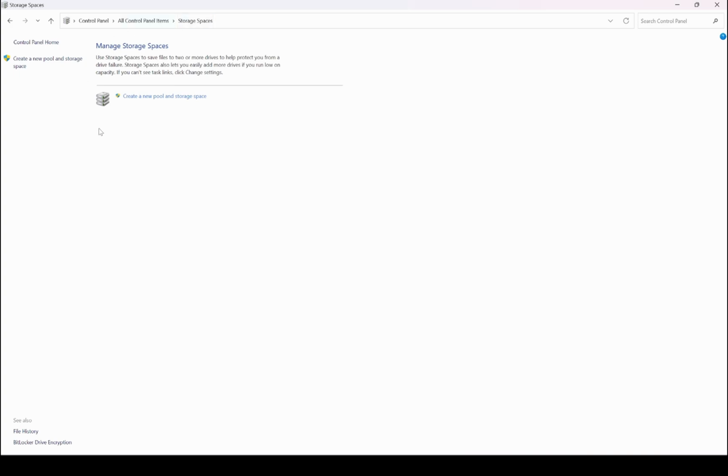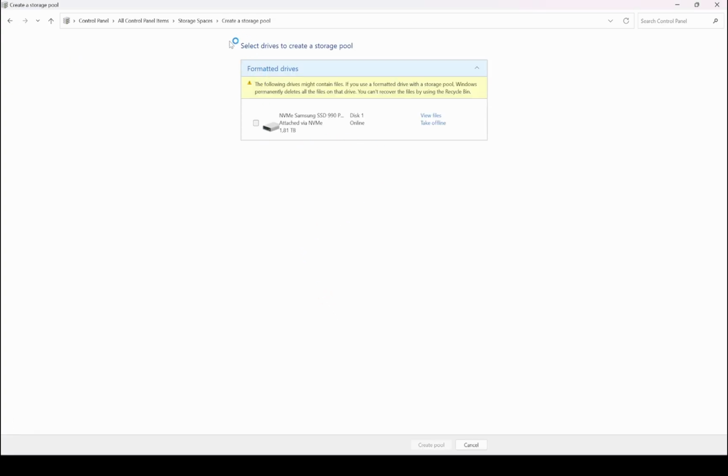and here you should create a new pool, and here you need to choose your new SSD and create a new pool. And after creating the new pool, you should delete this new pool. And after these actions, the disk will be visible in disk management, and you will be able to continue to